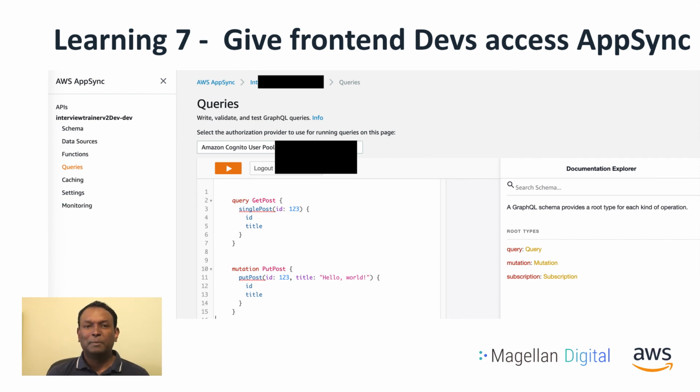The other thing is give front-end developers access to AppSync. Typically, if there's an issue with the query, they say, well, can you check the backend? It's always like, okay, the front-end code's fine, it's just the backend. By giving them secure access to the AppSync API, they can test the queries before they even write them. We found that really useful because when there's an issue, you just jump on the console, and they can quickly test. If my query works in the console, then I must be doing something wrong.